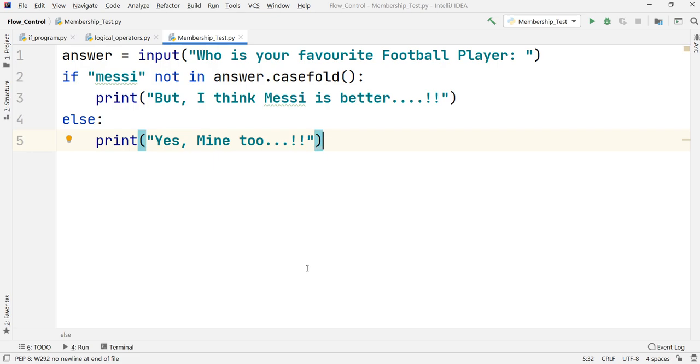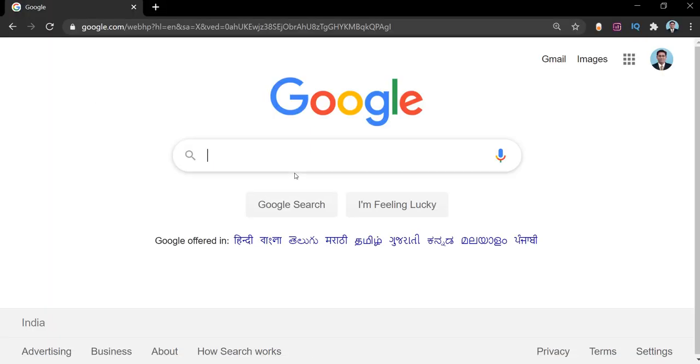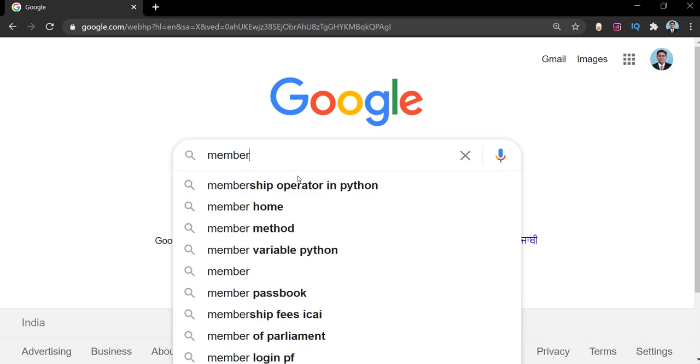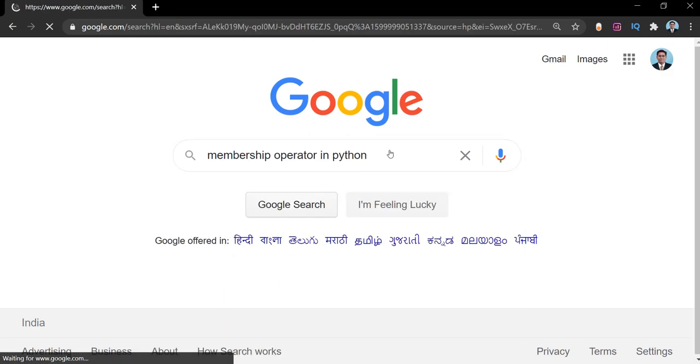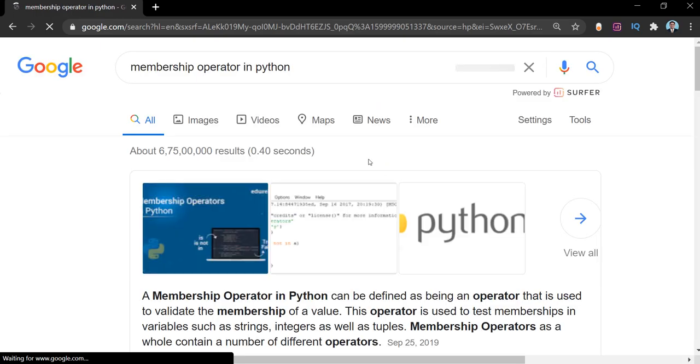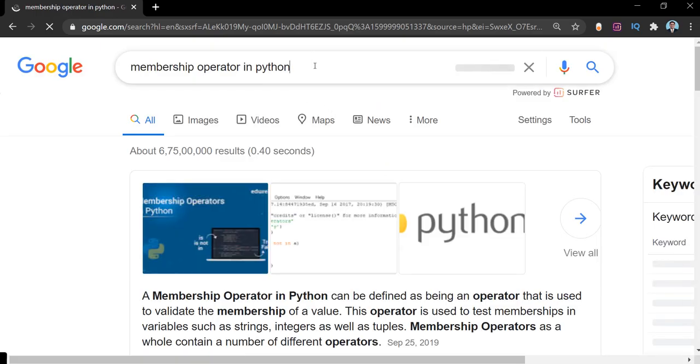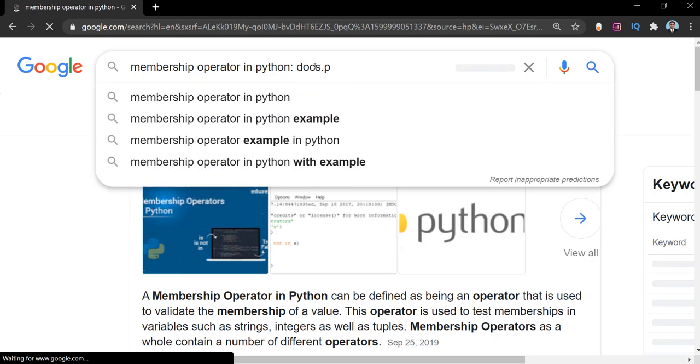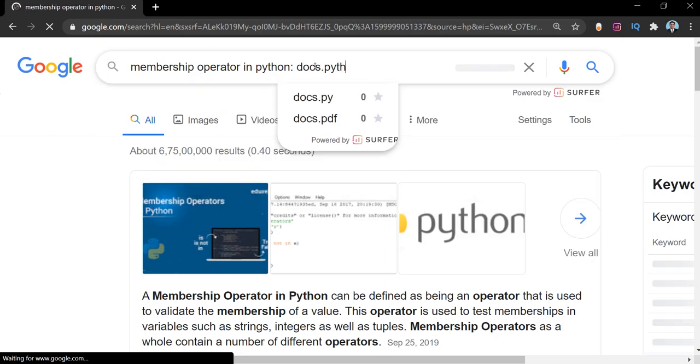Let's just quickly go and see what Python has to say about those as well. These are membership operators in Python. I'll just click over there. We'll have to give the official site, right? So docs.python.org.